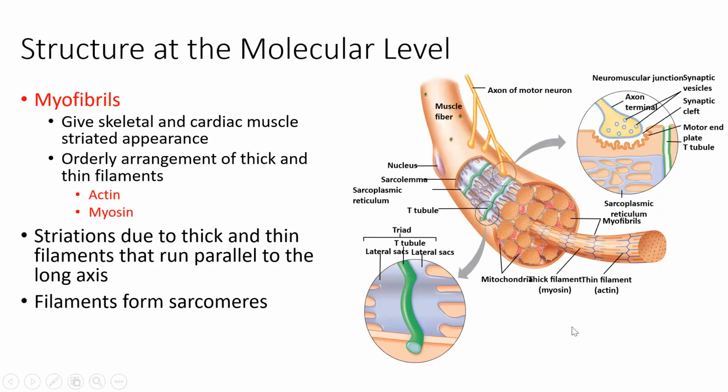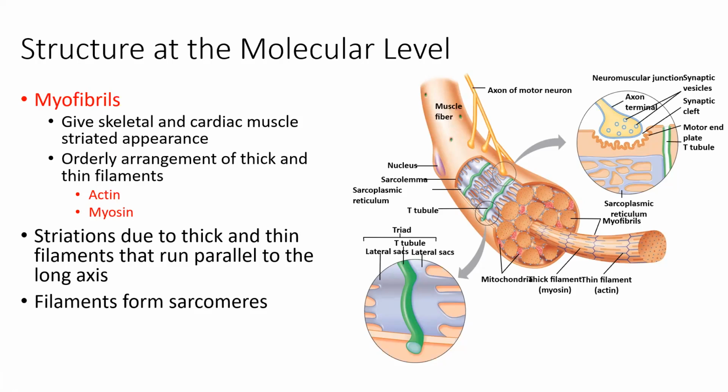Okay. Now, if we look even closer at a myofibril, right? So keep up here in terms of the level that we're looking at. We talked about the muscle belly, the muscle fascicle, the muscle fiber. Now we're looking at a more microscopic level, the myofibrils. If you look at a single myofibril, these are the units that give muscle its striated appearance. They're only seen in cardiac and skeletal muscle, and they help to give muscle its striated, striped, elongated appearance. And if we look at a myofibril, we're going to see many repeating units of these